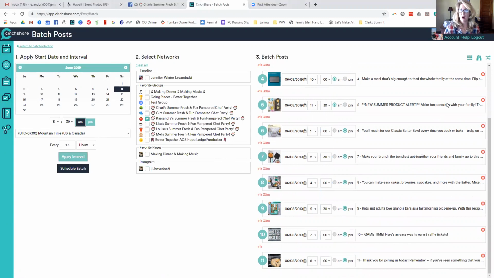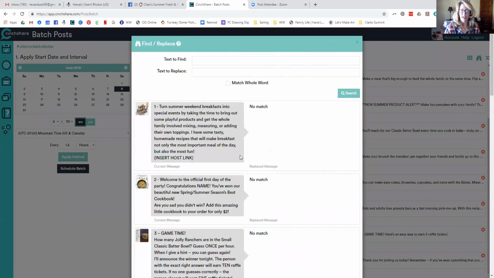All right. I now need to use the find and replace feature, which are these binoculars right here, because this is a very easy way that I can edit each of these posts without having to open them all up separately, okay? In the very first and very last post of every day, I typically always put the link to order. So I just did copy C and then copy V to paste. I'm grabbing Cassandra's link right there.